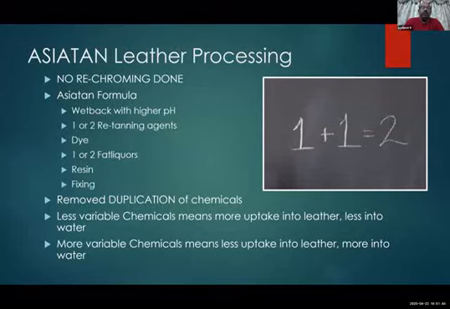Wherever you put more variable chemicals, the affinity changes. Some get penetrated, some get absorbed, some get fixed only on the surface, and mostly it goes into the water, which results in a higher pollution load. And again, I'm telling you, we are a tannery with a pollution plant. So whatever we put in, we have to clean. Every single chemical, every single percentage we add, is added with a purpose, and we make sure the exhaustion is very good.